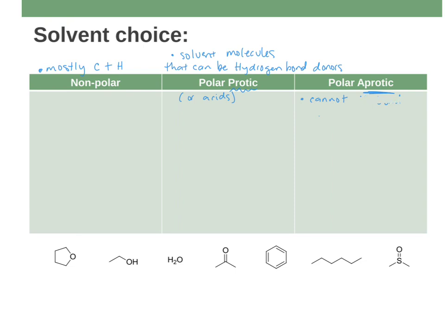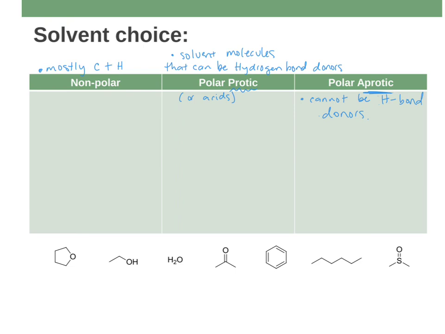I'll put cannot be H bond, hydrogen bond donors. Right, so they're polar, they still have dipoles and everything, but you can't hydrogen bond. So if I look down at these, what, 7 examples that I've got down here,